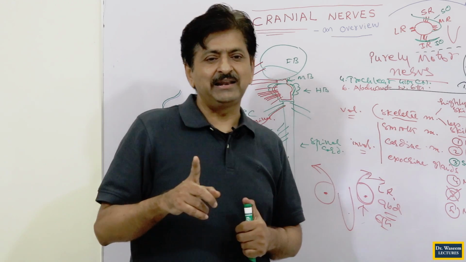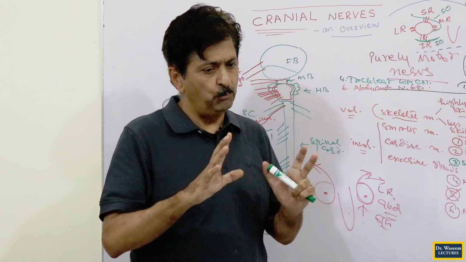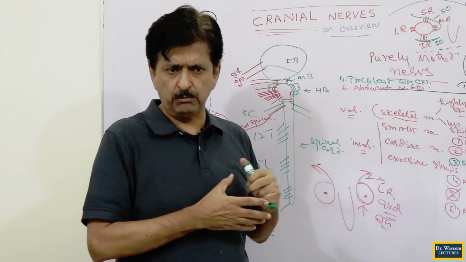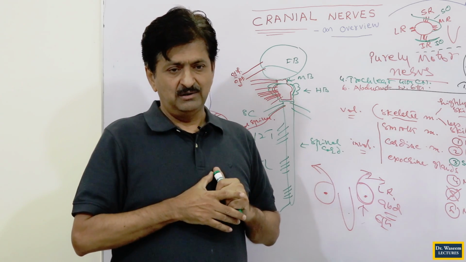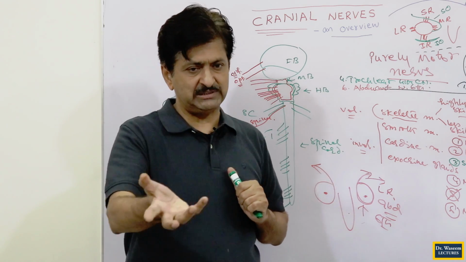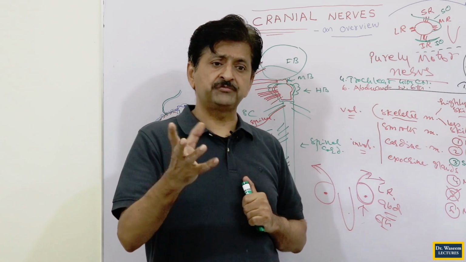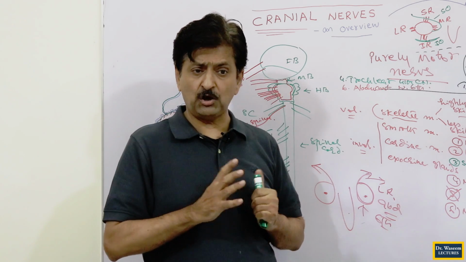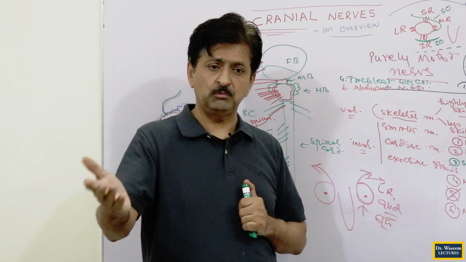That next single cranial nerve actually deserves to be called the mover of the eyeball. Actually, the others are also moving the eyeball, they are also the mover of the eyeball. But this one deserves it most because it is moving most of the eyeball muscles. That's why this is the leader. You call it the mover of the eyeball. You can call it the motor of the eyeball, the motor of the ocular. Ocular is related to the eyeball. You can call it the oculomotor.